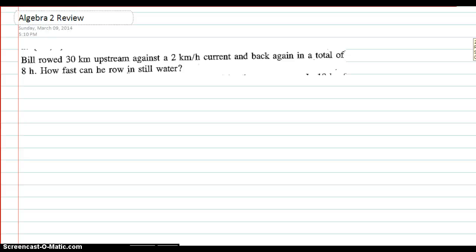It said, Bill rowed 30 kilometers upstream against a 2 kilometer per hour current and back again in a total of 8 hours. How fast can he row in still water? Remember, anytime you're trying to figure out what your variable should be, figure out what the question's asking. So x in this case is going to be the rate, how fast,